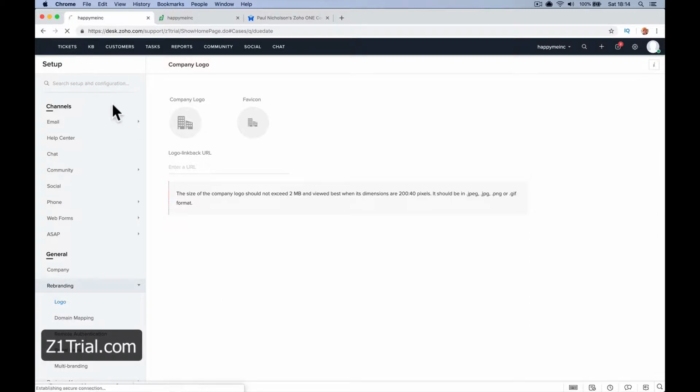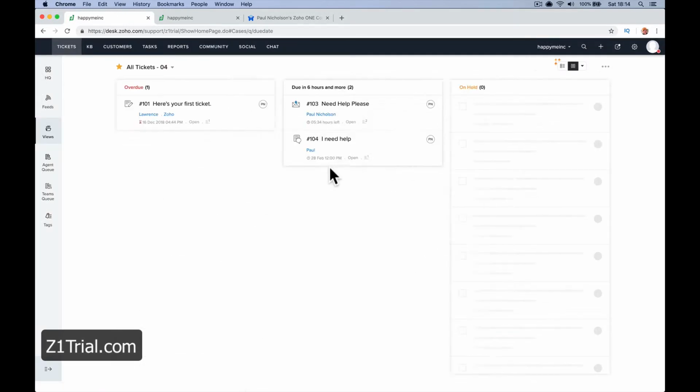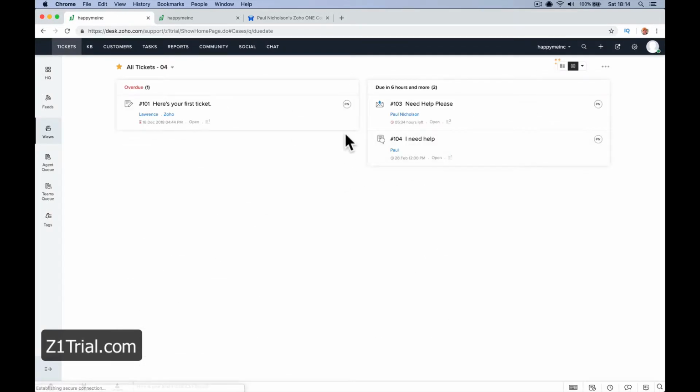You can manage your tickets. You can assign them. You can see who's doing what. You can see at a top level how many tickets a week or a day people are doing. People are serving. People are solving. You can see customer feedback. You can do everything you need out of a desk, and it's really cool. Part of Zoho One,